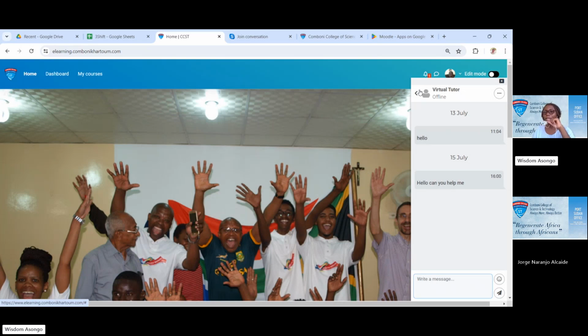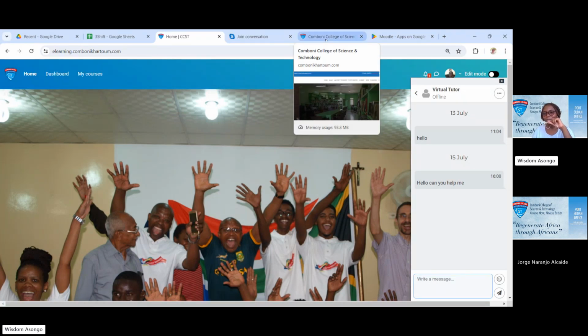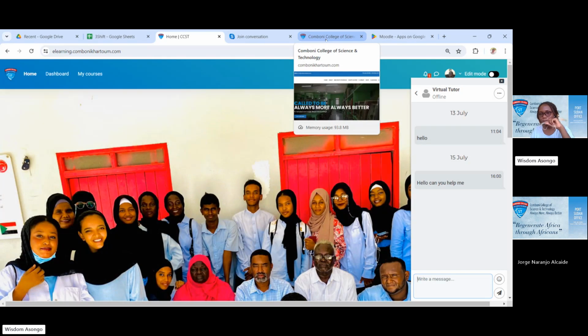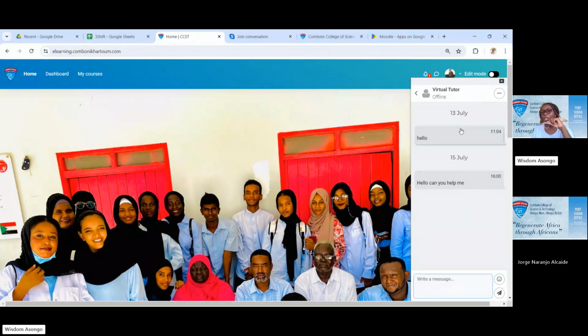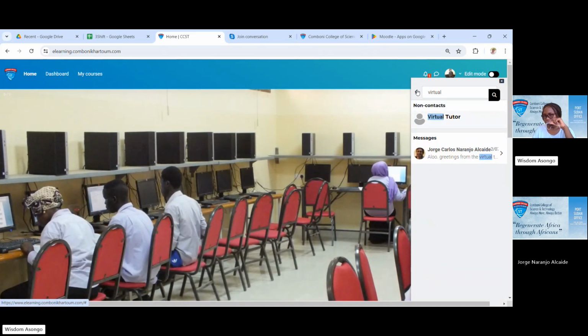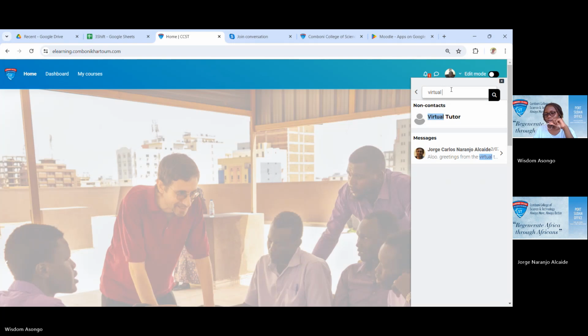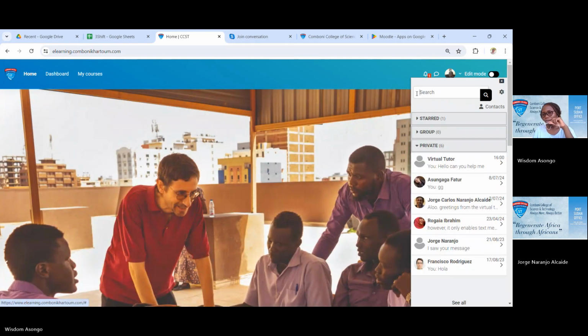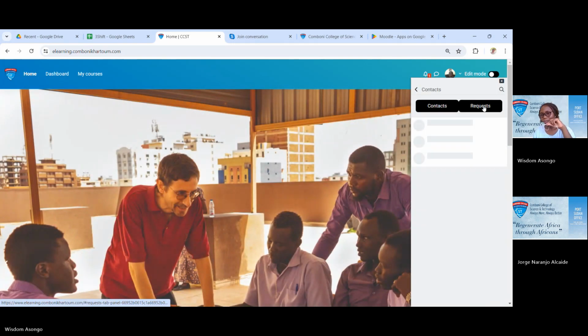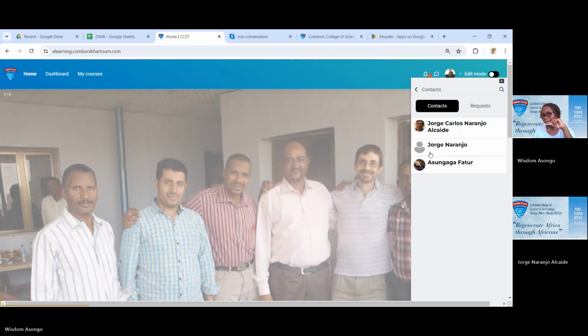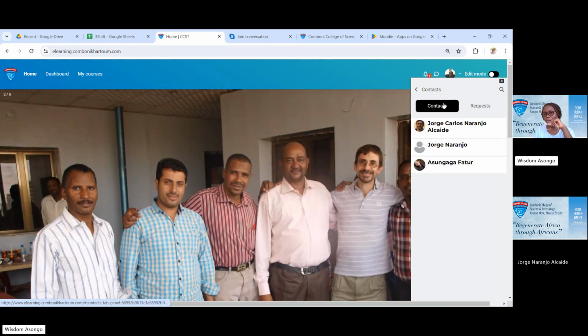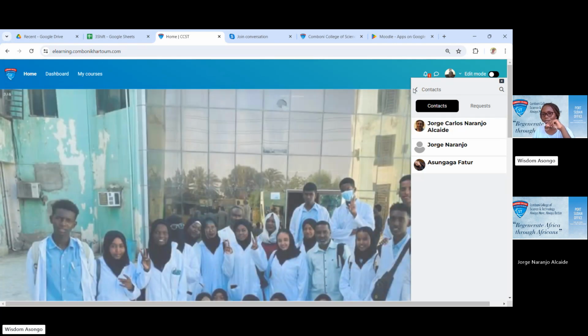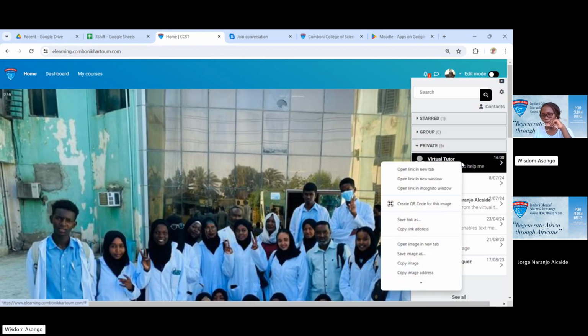The simple way you can interact with everyone included or participated in the site, not just your students, everyone. Just write the name and then you will have the list of the people. And also you can add people into your contact. Here, I already have 3 people in my contact. There's 3 of them. And if I want to add virtual tutor to my contact,